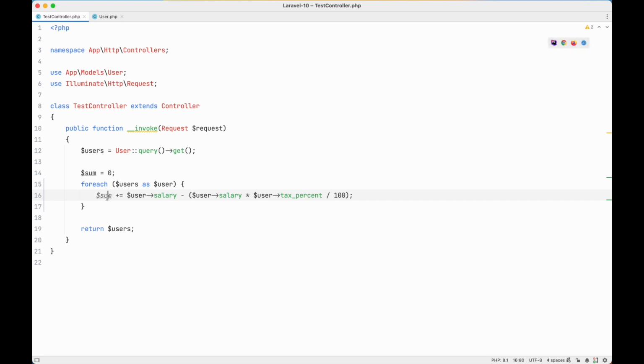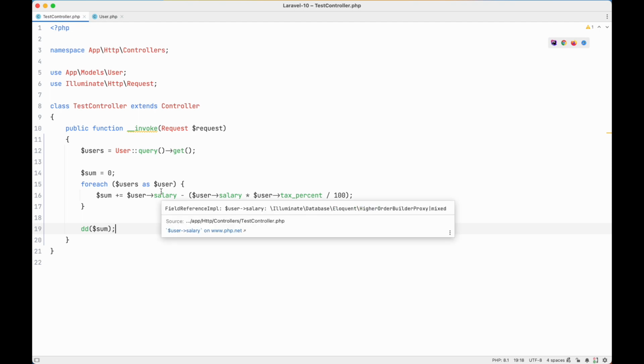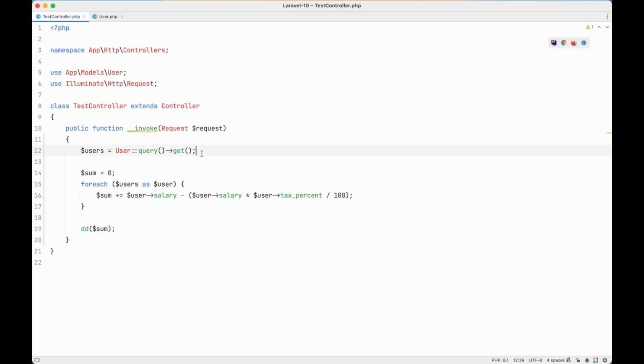This way we can say that sum is equal to, this way we can calculate the total net salary of all the users. Dump the sum, then you will see that the sum is something like this. So we are doing this using our old friend foreach loop, but we can also do the same using